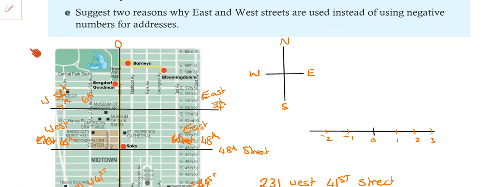Over to you. A couple of minutes to have a think. Tell the person on the table with you. Suggest 2 reasons why east and west are used instead of negative numbers. A couple of minutes. Because everybody knows